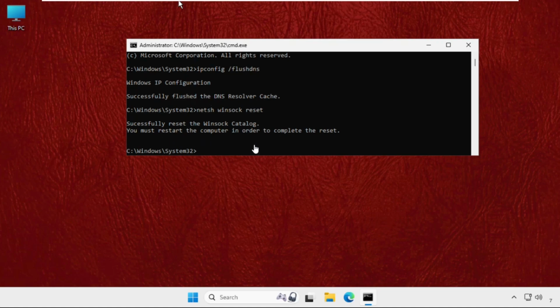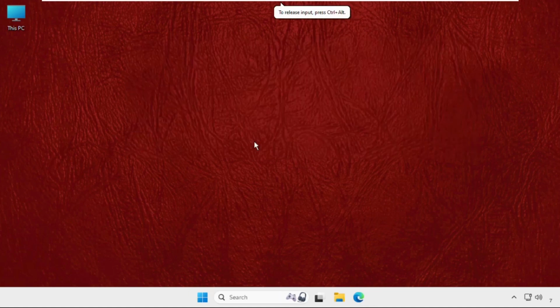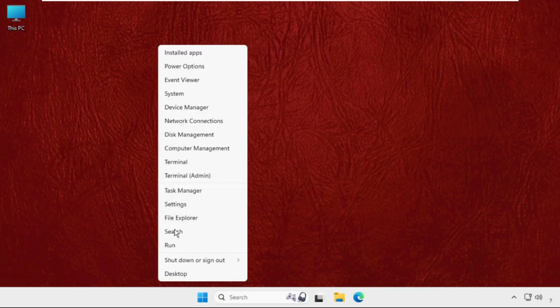Now we need to restart the system. Before we restart the system, we have to execute the next method, then we will restart the system. So just right click on the start icon, select Settings,